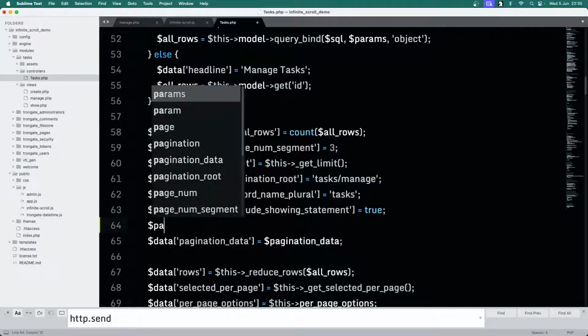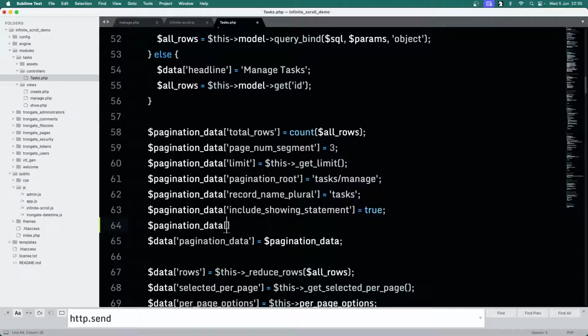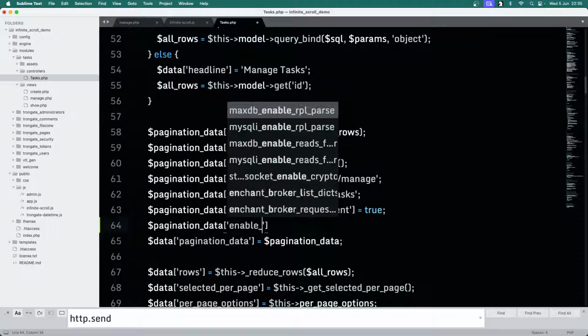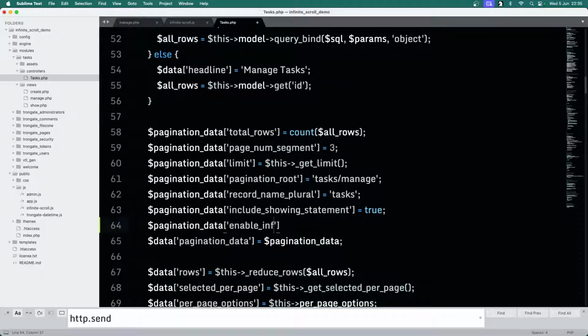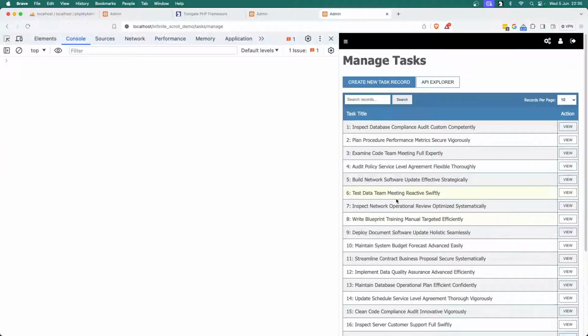We can say pagination data enable. Now, what on earth is it called? It's called enable infinite scroll. There you go. Enable infinite scroll. And I'm going to set it to false. So if we save and refresh,